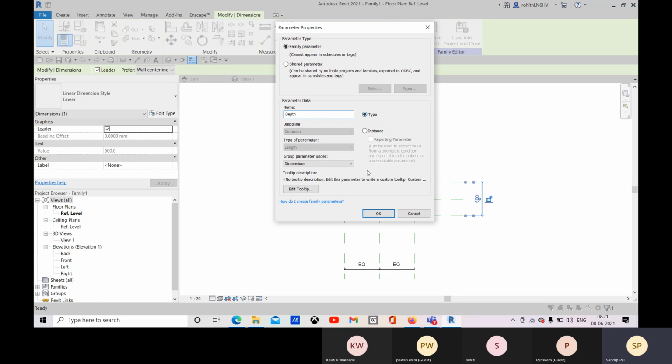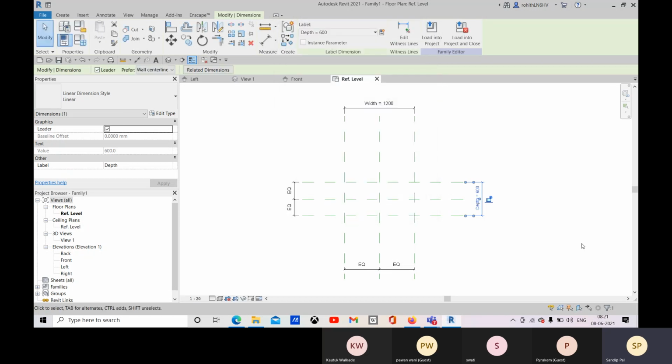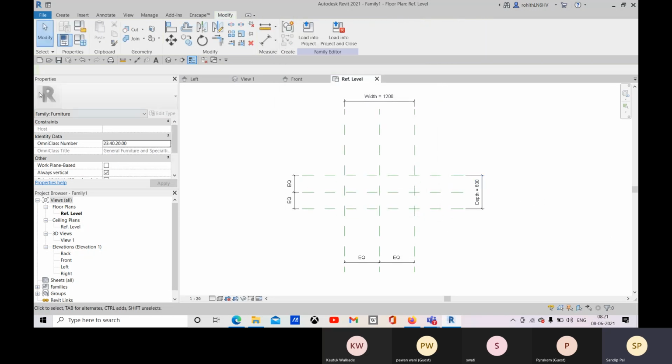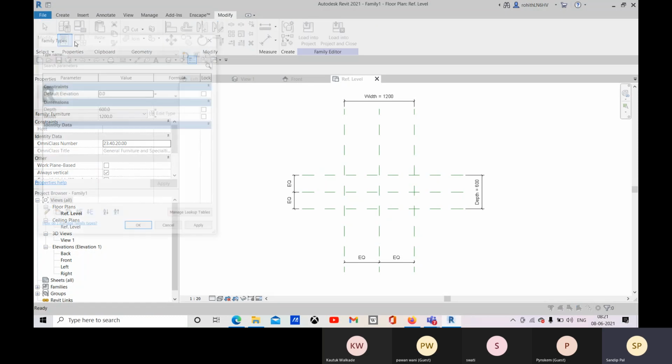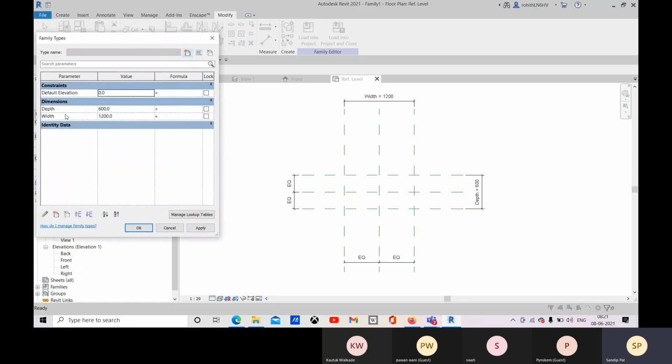And this is also going to be a type parameter. Click on OK, and that is fine. Now you can again go to this family type, and there you can see these dimensions are listed. Depth is 600. If I change the depth to 800,